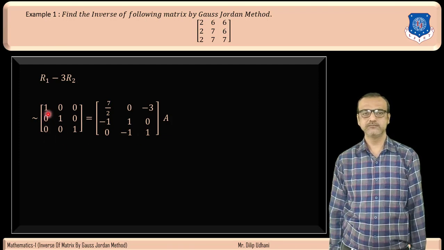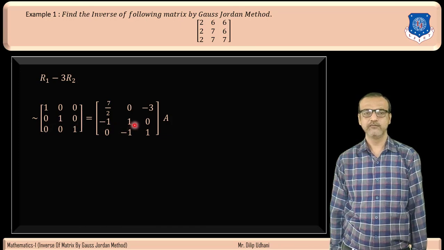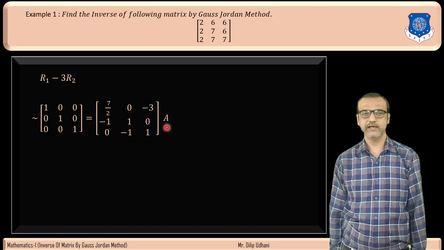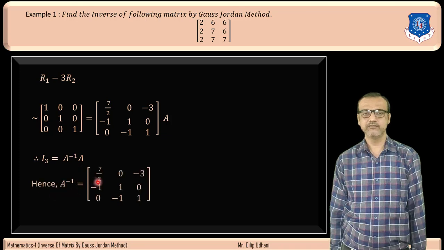So that is 1, 0, 0, 7 by 2, 0, minus 3, 0, 1, 0, minus 1, 1, 0, 0, 0, 1, 0, minus 1, 1, and this A will be as it is. Now you can see that in the left hand side we have an identity matrix. So definitely in the right hand side this matrix will be A inverse. So we have I3 equals to A inverse A. Hence A inverse, that is equals to 7 by 2, 0, minus 3, minus 1, 1, 0, 0, minus 1,